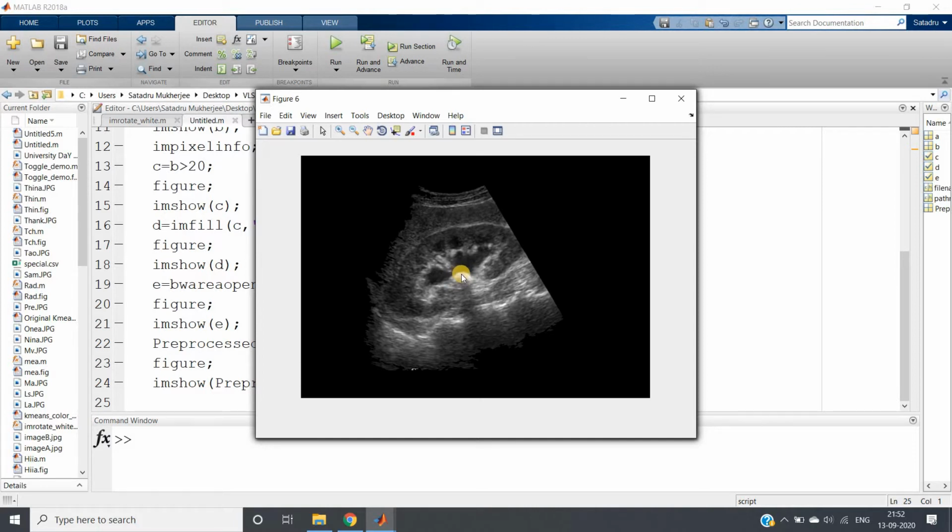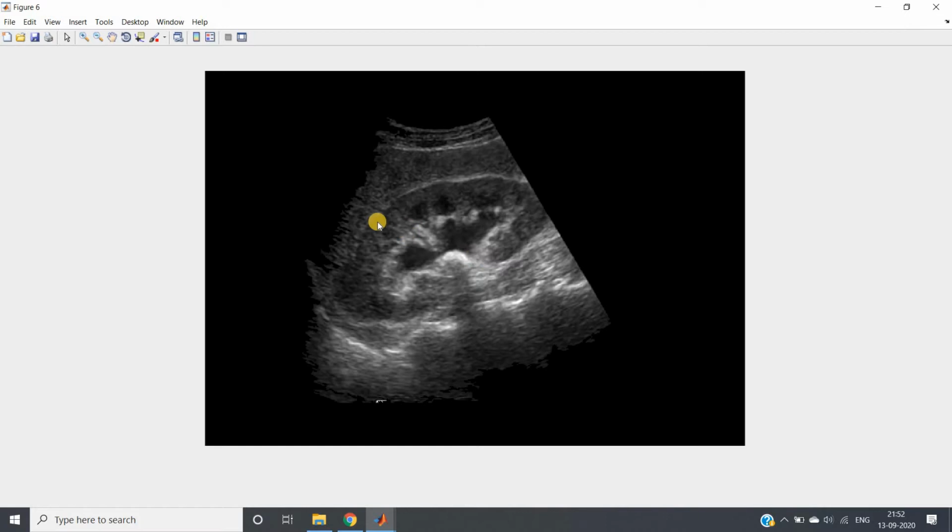I hope you can understand that this is one quite bright part. So we need to apply such an image processing concept where the dark regions will become darker and bright regions will become brighter, so that we can ignore these particular boundary regions which are not that important for this particular use case.